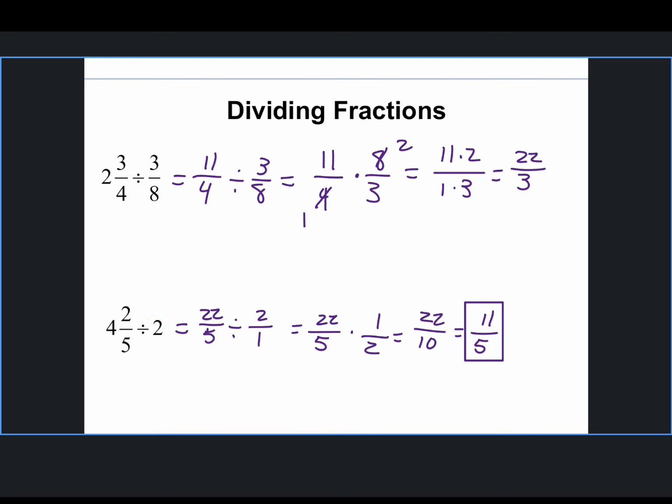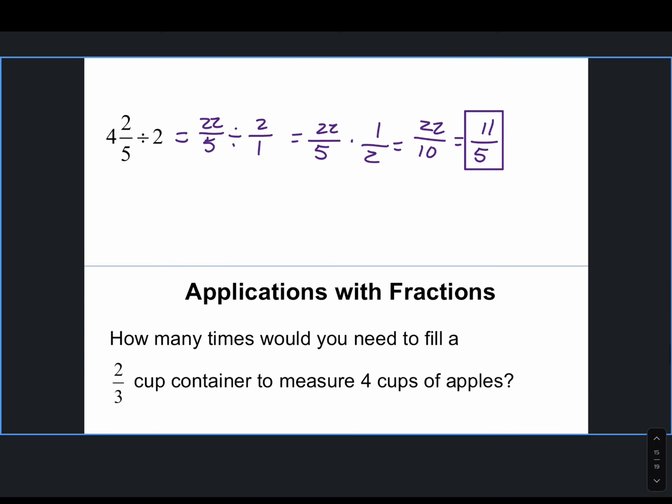Then we have to recognize that division can be rewritten as multiplication by keeping the first fraction the same, changing division to multiplication, and flipping the second fraction. Because dividing fractions is as easy as pie. Flip the second fraction, then multiply, right? Okay, so